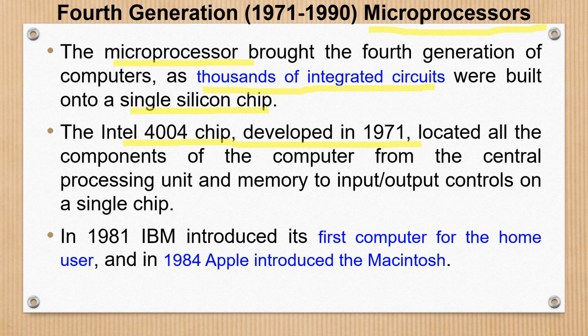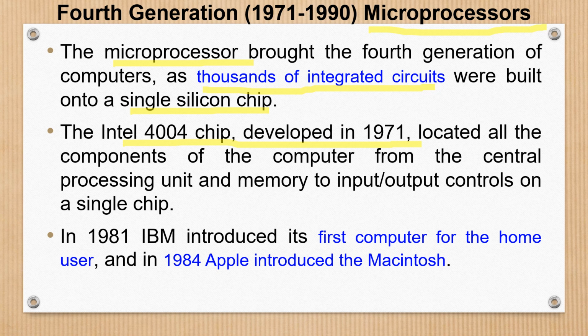So the communication delays are less, and every device is located on a single chip. Also it affects the size of the system. Further, in 1981, IBM introduced its first computer for home users or end users, and in 1984 Apple introduced